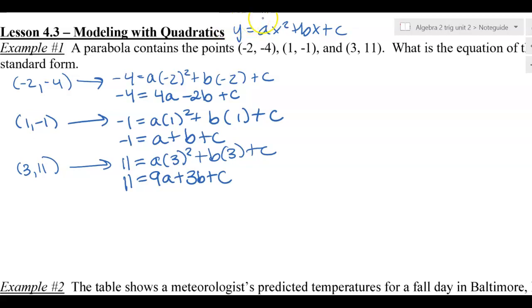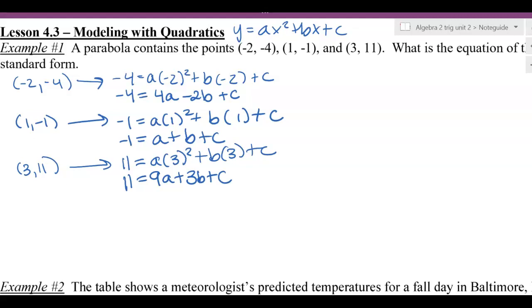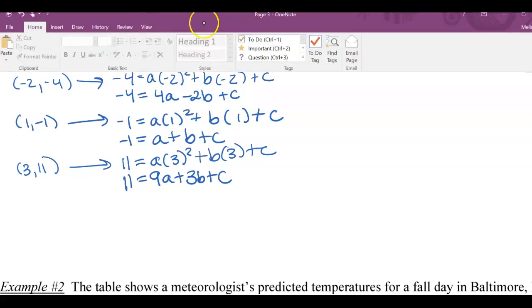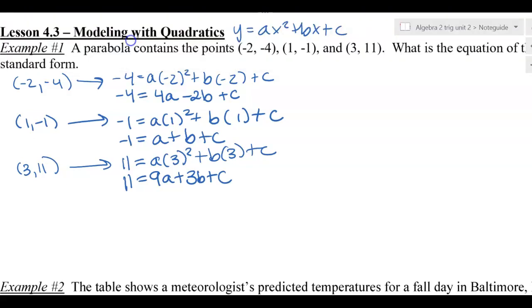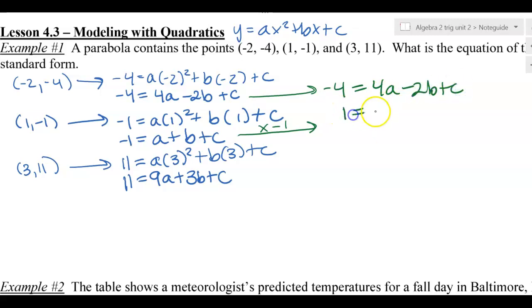Okay, so I'm going to combine the first 2 equations. All right, I'm going to combine these 2, but I'm going to multiply this one by -1. I'm going to aim to cancel out the C's. I think the C's look easiest because I don't need to multiply by a number. Is that okay with everybody? Everything just has C at the end, so I'm going to work on that. So I'm going to keep this first equation the same and multiply the second one by -1